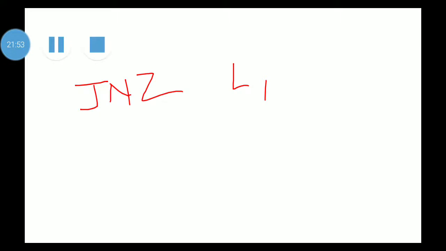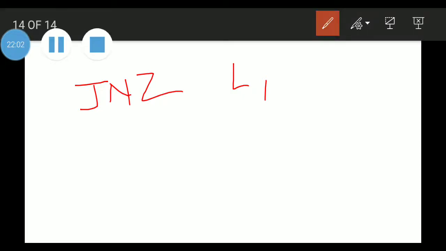Once I get my counter as 0, it is time to come out of this loop. So what will we write? We will write an instruction that will stop this whole process, that is RST 1. In this way we have written a program to complement the content present in the memory locations from C200 onwards.